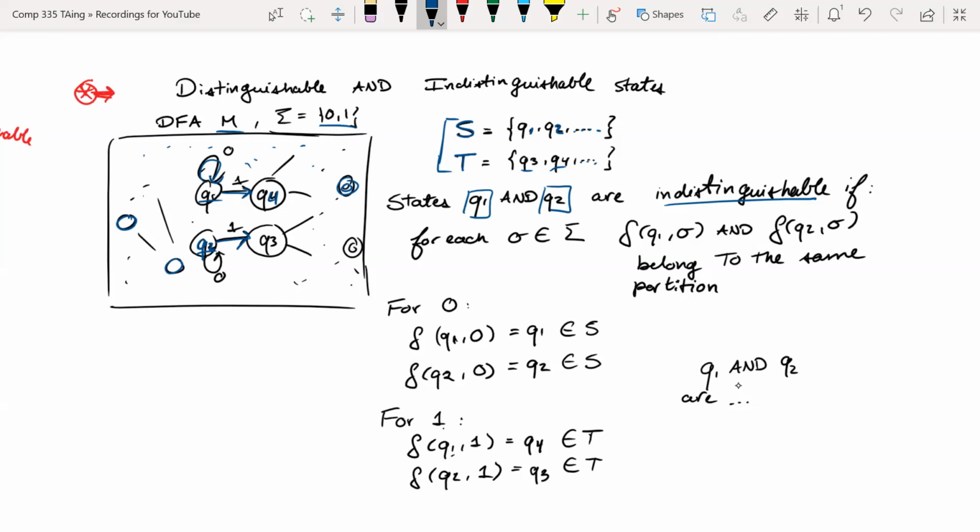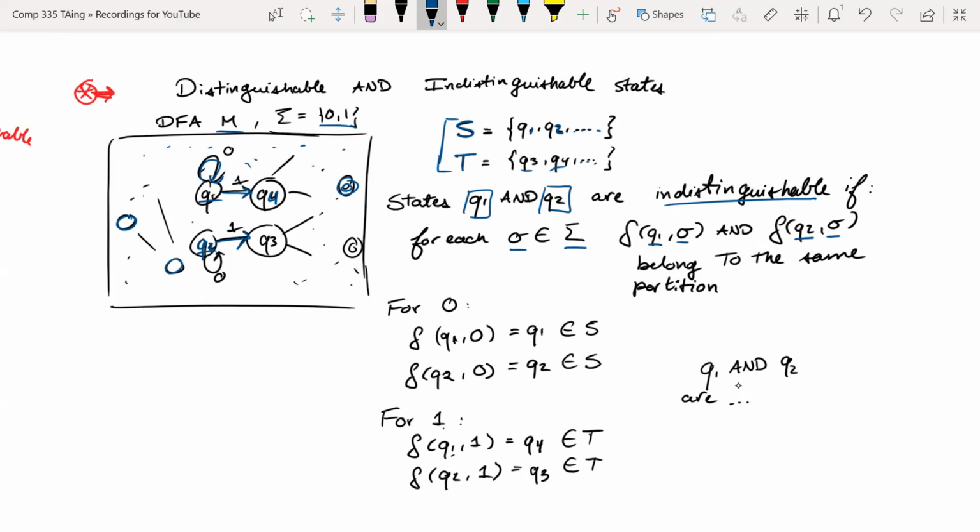They're indistinguishable if for each symbol little sigma, a symbol in my alphabet big sigma, when Q1 sees the symbol little sigma, it goes to the same partition as when Q2 sees the symbol little sigma. So in other words, when Q1 and Q2 see the same symbol,